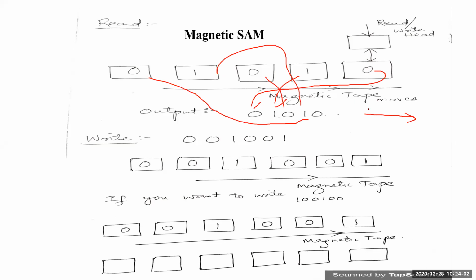So this is nothing else but the main concept of how your tape recorder cassettes work. As a cassette tape goes on moving, you can hear the voice, or you can hear the audio from that particular cassette, and the same thing happens with any kind of tape recorder cassettes. Whenever the cassette tape is moving, you can hear the sound which is recorded in that particular cassette. So now let us see the write operation.